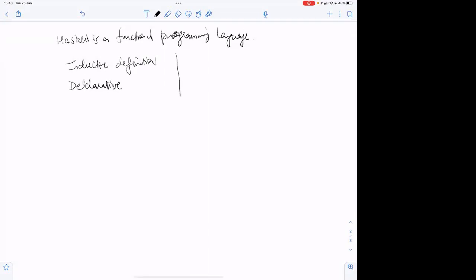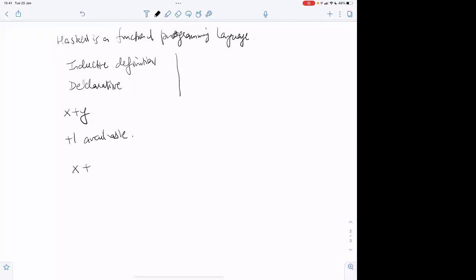So for example, from scratch, if you want to do x plus y, and you have the primitive increment or plus one available, then how would you define it? You would define it inductively.